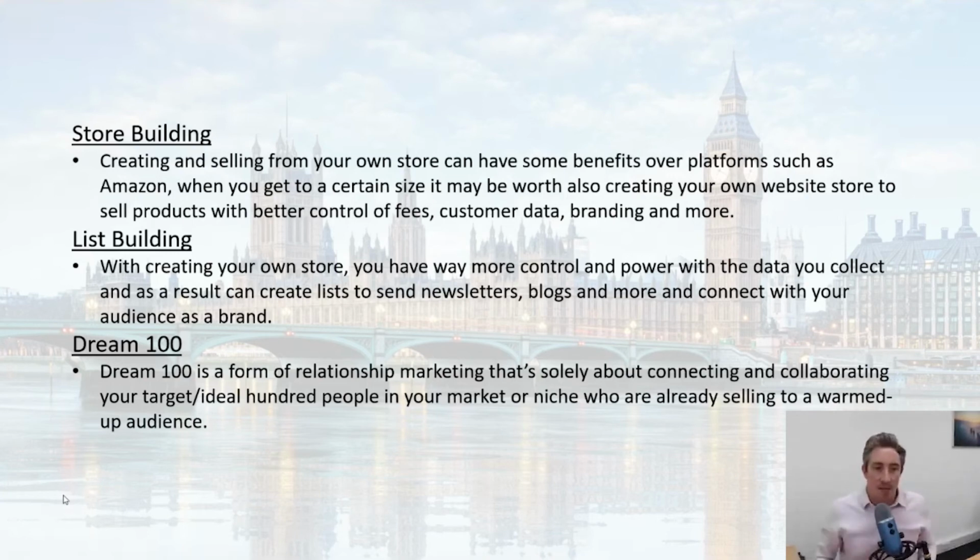They start on Amazon, they build that out, they grow that. Then in order to build the brand, they sell on other channels as well. They sell on their own website. And what that does is that creates a much bigger brand. And what we see is that the sales on all of those platforms increase because the brand has got more,